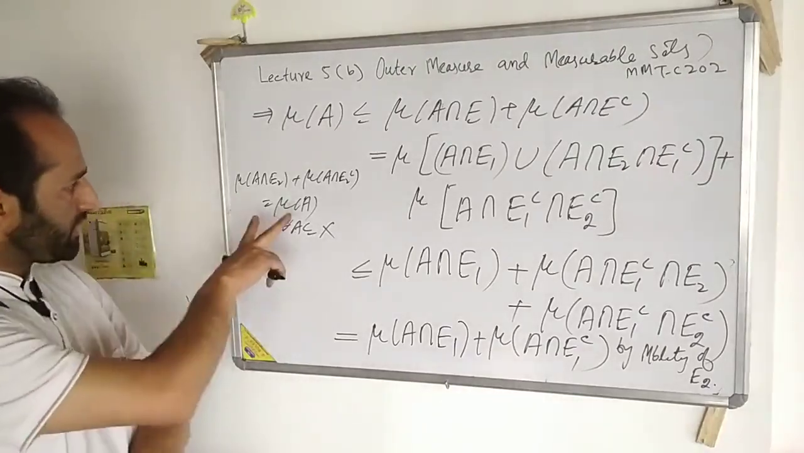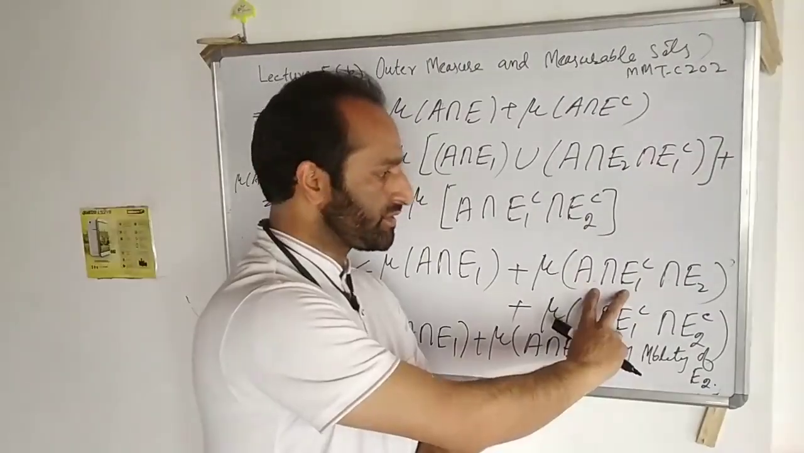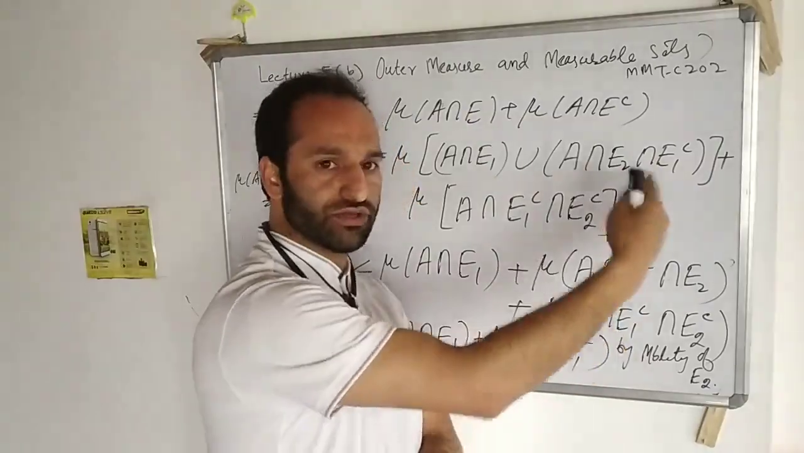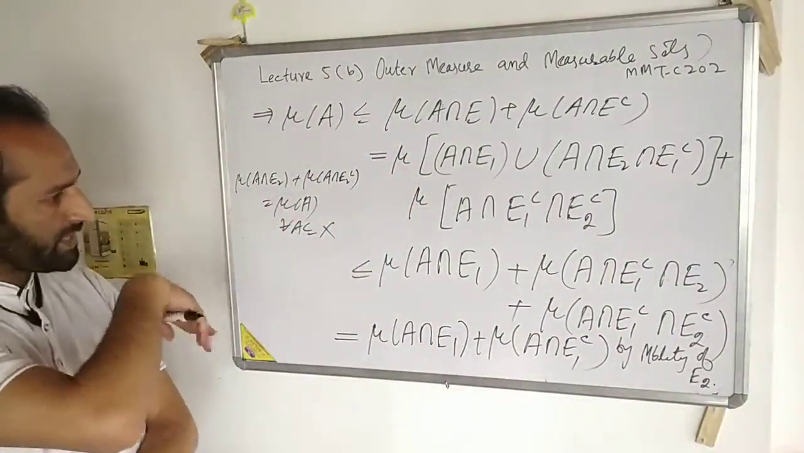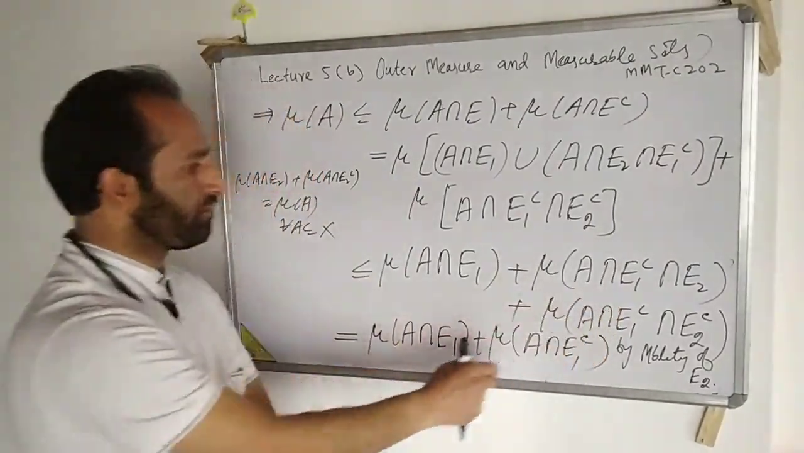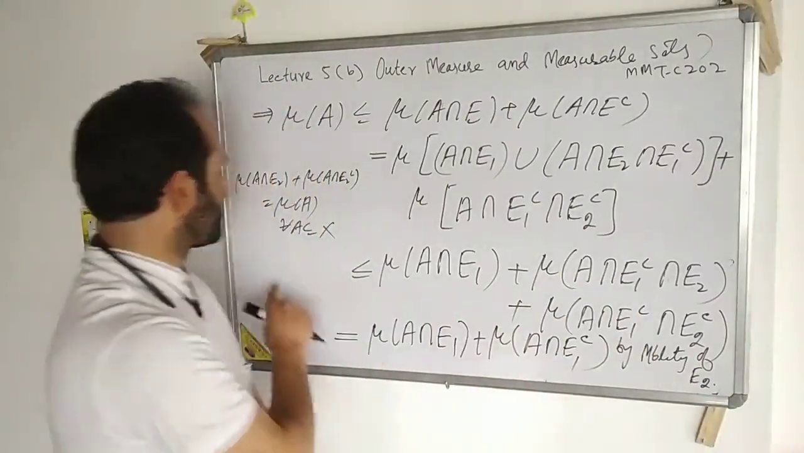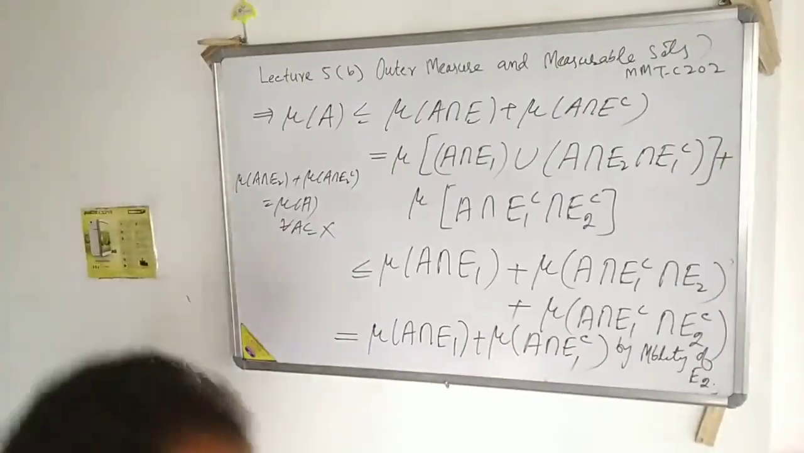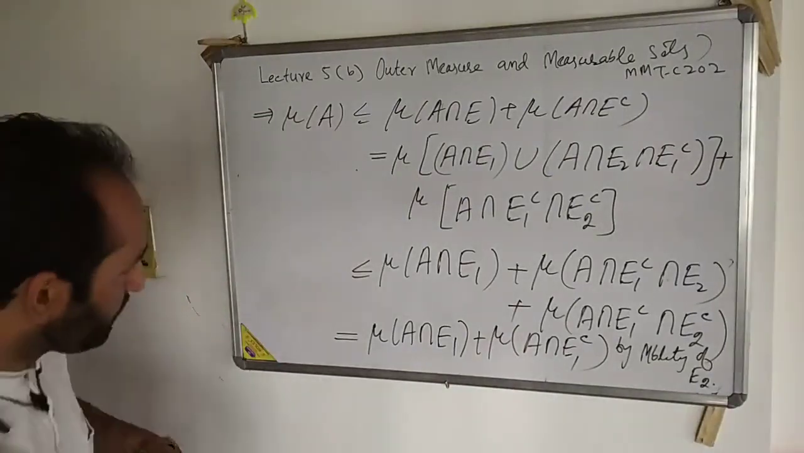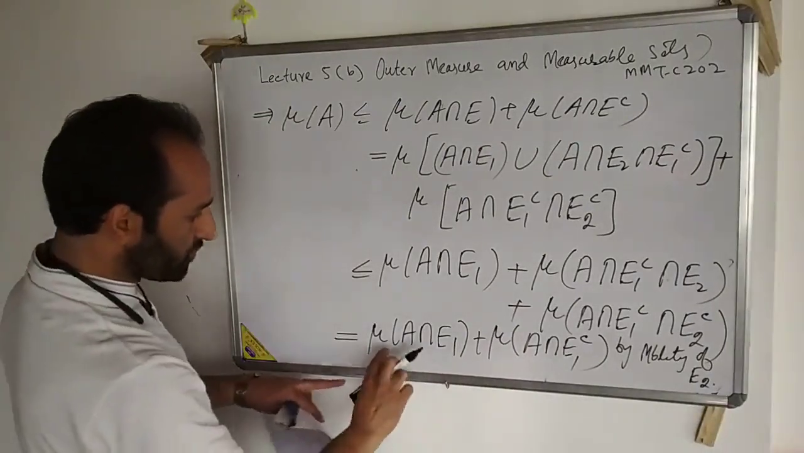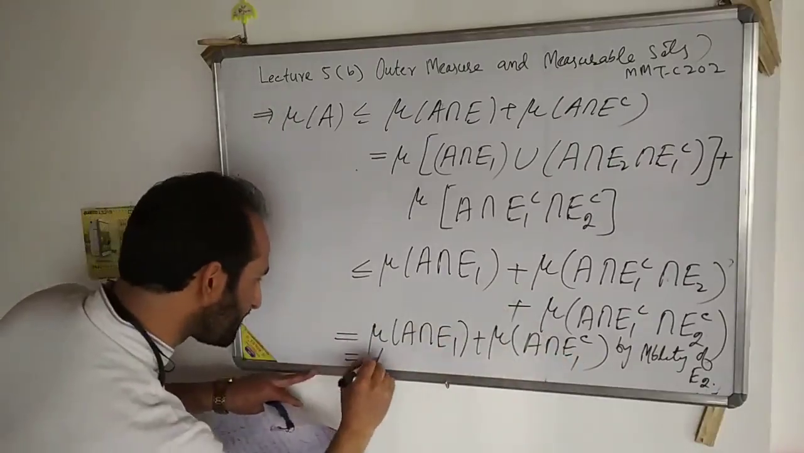So here we replace that subset A of X by A intersection E1 complement. So this A intersection E1 complement is also a subset of X. Therefore, if we replace A by A intersection E1 complement, this sum will be equal to mu of A intersection E1 complement. Now here we apply the measurability of E1. So mu of A intersection E1 plus mu of A intersection E1 complement is equal to